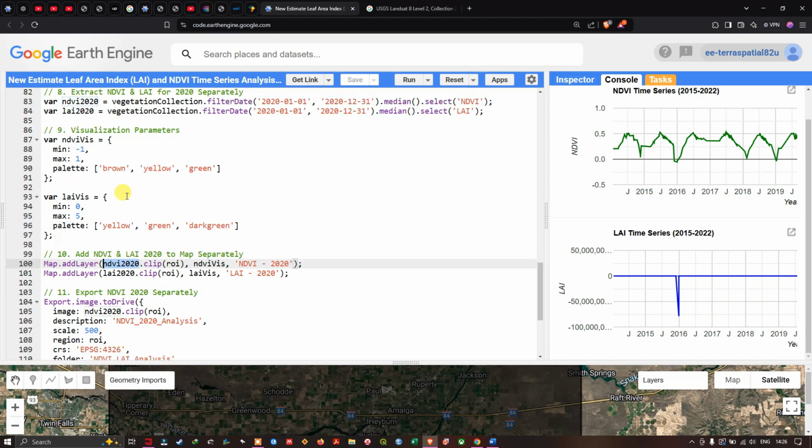And dot, we're going to clip based on our region of interest, that is our study region. And we're going to set the visualization parameter for our NDVI image. So it's referring to this particular variable, and output the layer name as NDVI 2020. And similarly, to add LAI, that is leaf area index, we're going to define map.addLayer leaf area index 2020 dot